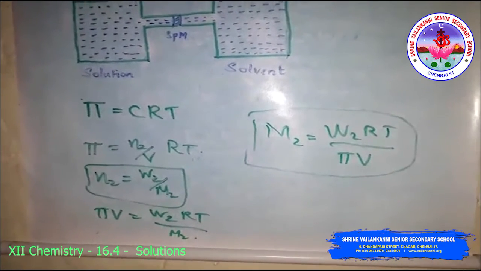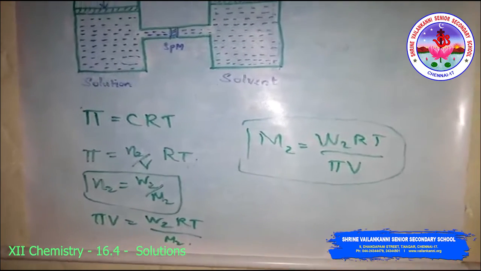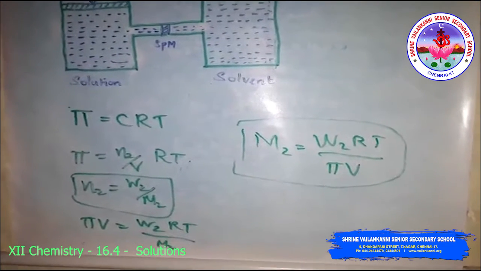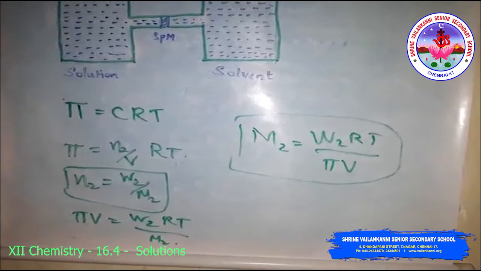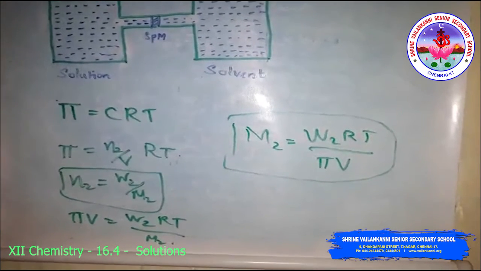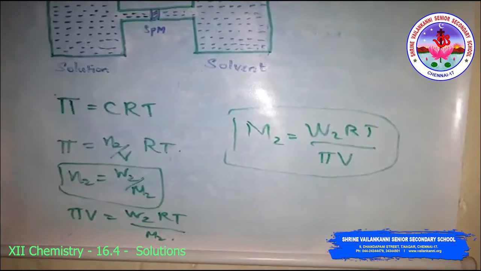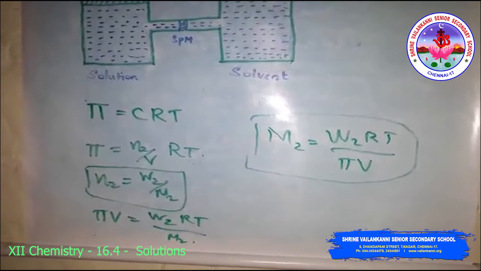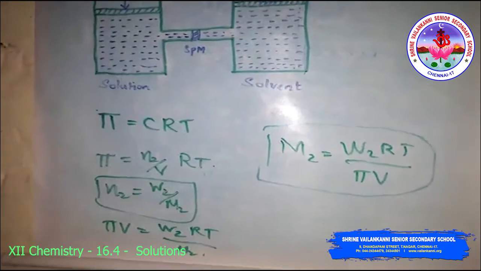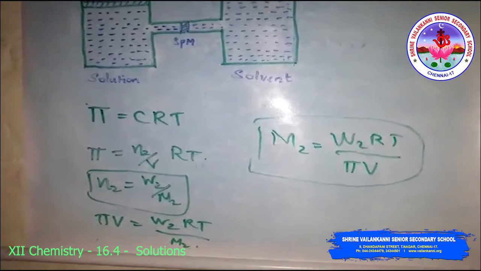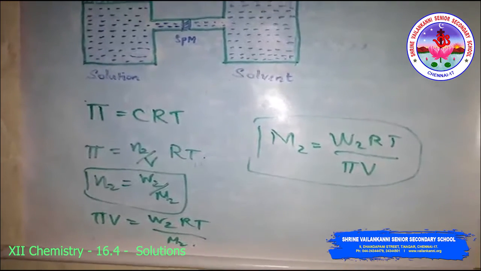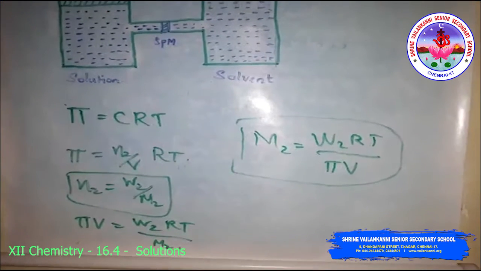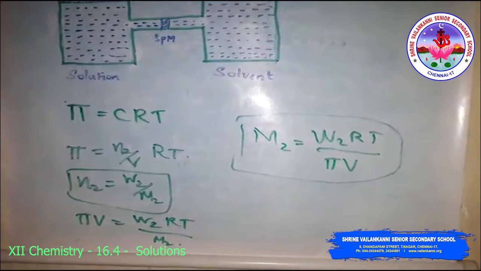This method is widely used to determine the molar mass of proteins, polymers and other macromolecules. The osmotic pressure method has an advantage over other methods as the pressure measurement is done around room temperature, and the molarity of the solution is used instead of molality. Compared to other colligative properties, its magnitude is large even for very dilute solutions. The technique is particularly useful for biomolecules as they are generally not stable at high temperature, and polymers have poor solubilities.